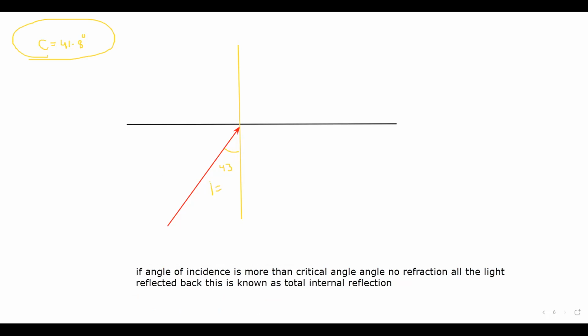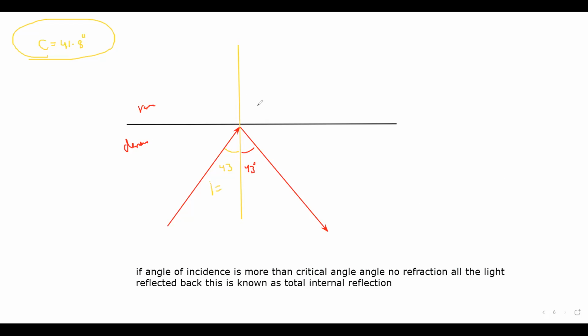So what we observe, we don't observe a refraction, we'll observe a total internal reflection, meaning all of the light reflected back in the same medium, and in that case the angle of incidence and angle of reflection will be the same. This phenomenon, when the light travels back in the same medium striking a surface, is known as total internal